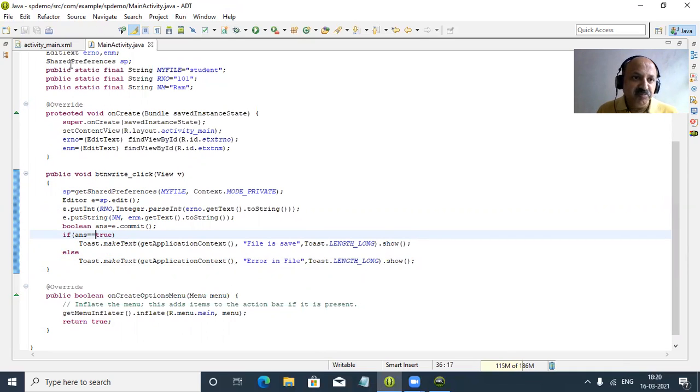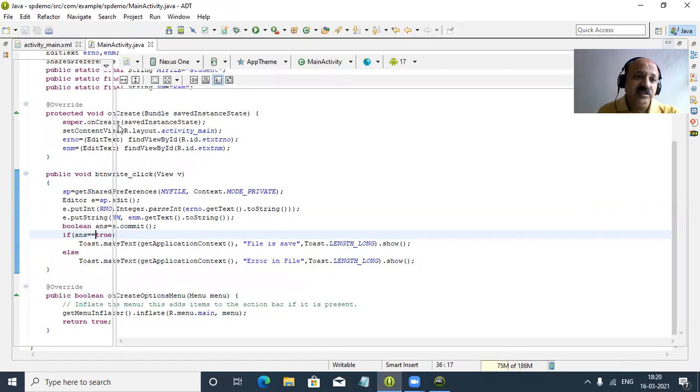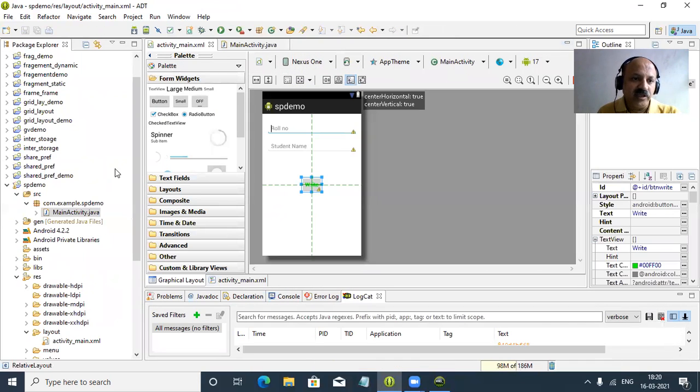So in a very simple way we have to write only two fields. You can also write like 3, 4, 5, depending upon your requirement. Like student roll number, name, gender, that is string, putString, then standard, that is a spinner. You can also write putString, and then hobby, so you can also write it with putString. So we can put primitive data types only.